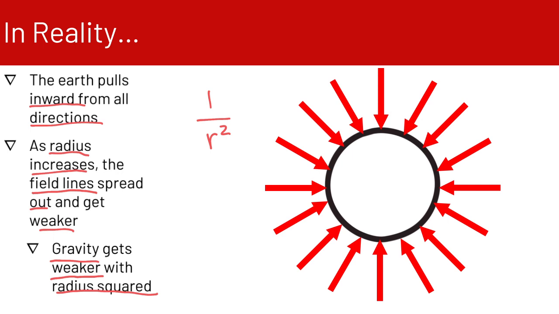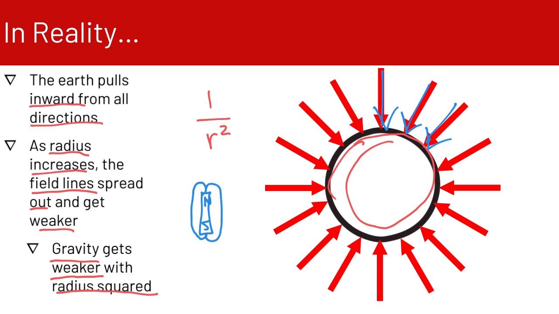Here we can see in this diagram, we've got some circular body that generates gravity. We could think of this as the Earth. And then we've got our gravitational field lines. You can think of these as being like magnetic field lines. You think about a magnet, you have the North Pole and the South Pole, and we have these magnetic field lines that go from one pole to the next. Right? So these are gravitational field lines, and you can see that as they spread out, the gravity is stronger here than it is out here.